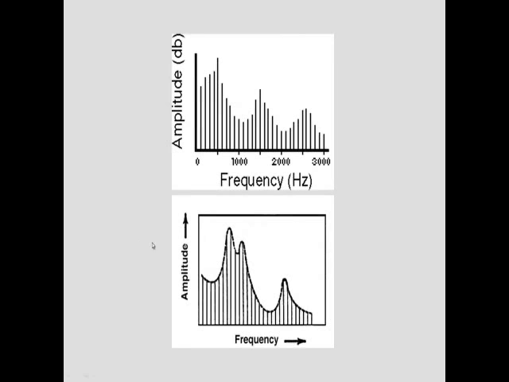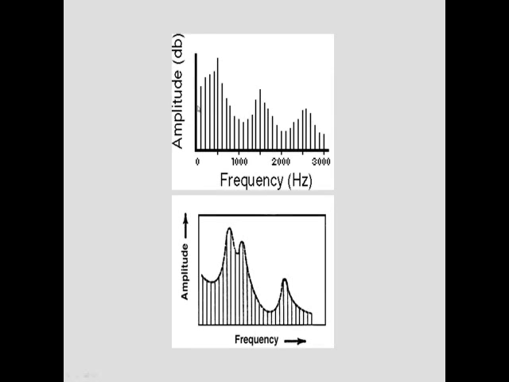Now it's possible, and I'm kind of hoping, that all of you have seen graphs like this before when you were talking about different vowels. So here we see each individual component of a vowel. Can anybody tell me what this vowel would be, where there is F1 at 500 hertz, F2 at 1500, and F3 at about 2500 hertz? It looks like the schwa vowel to me.